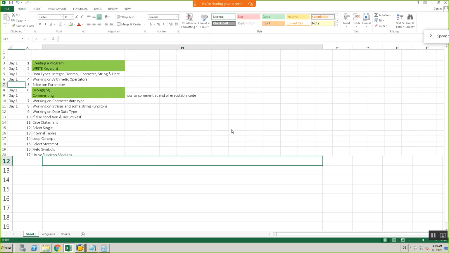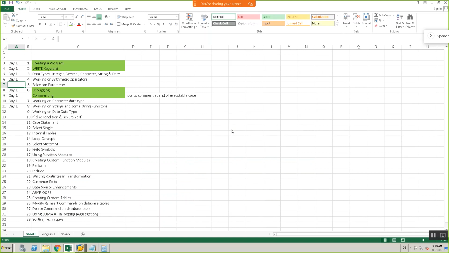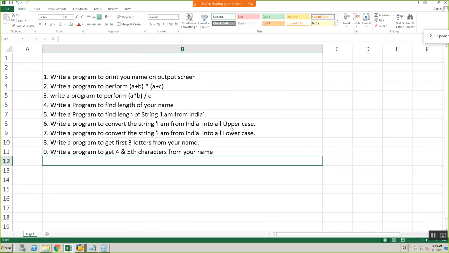And what else topics we covered today? Debugging, string functions and all. To upper, arithmetic operations we covered. Right keyword. So if you can